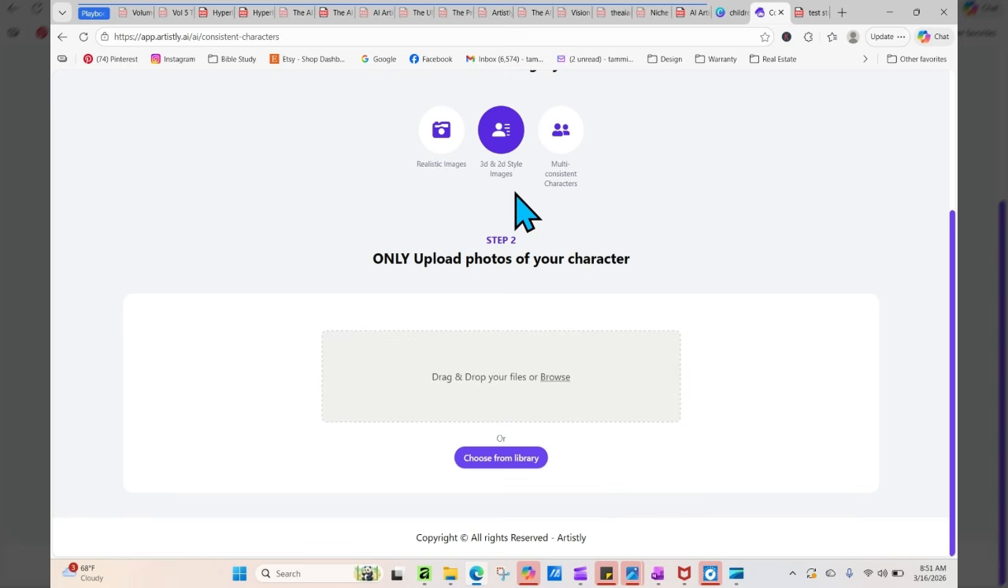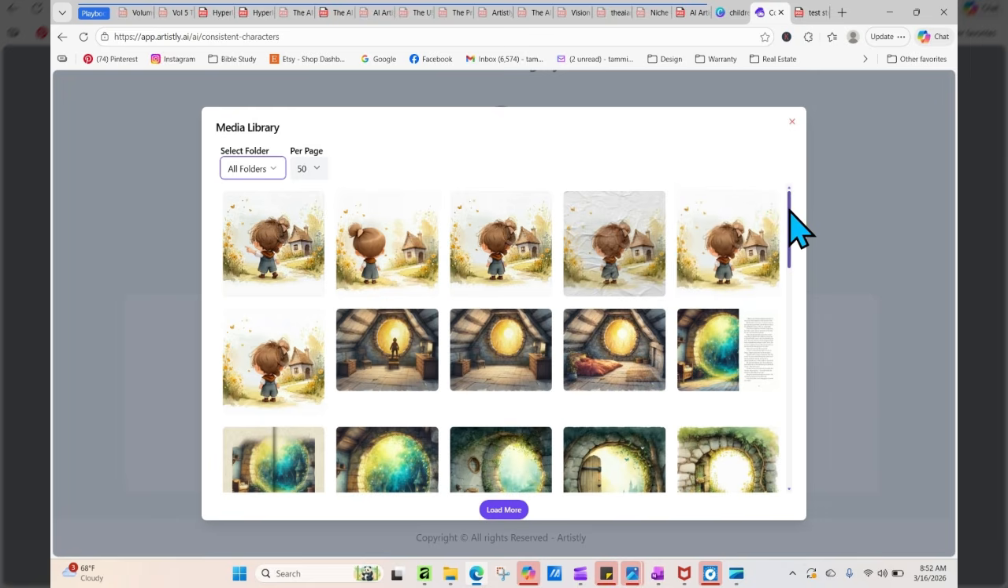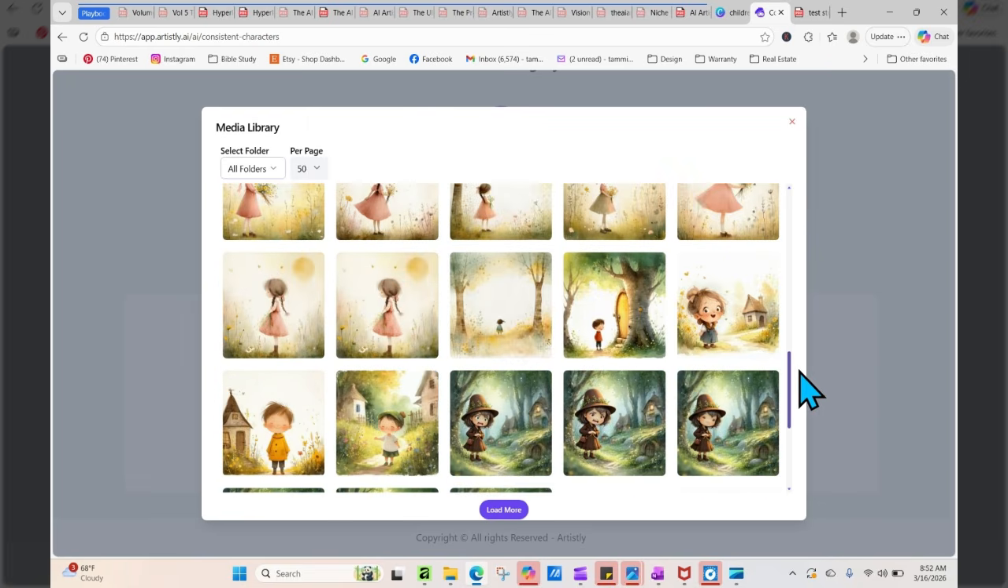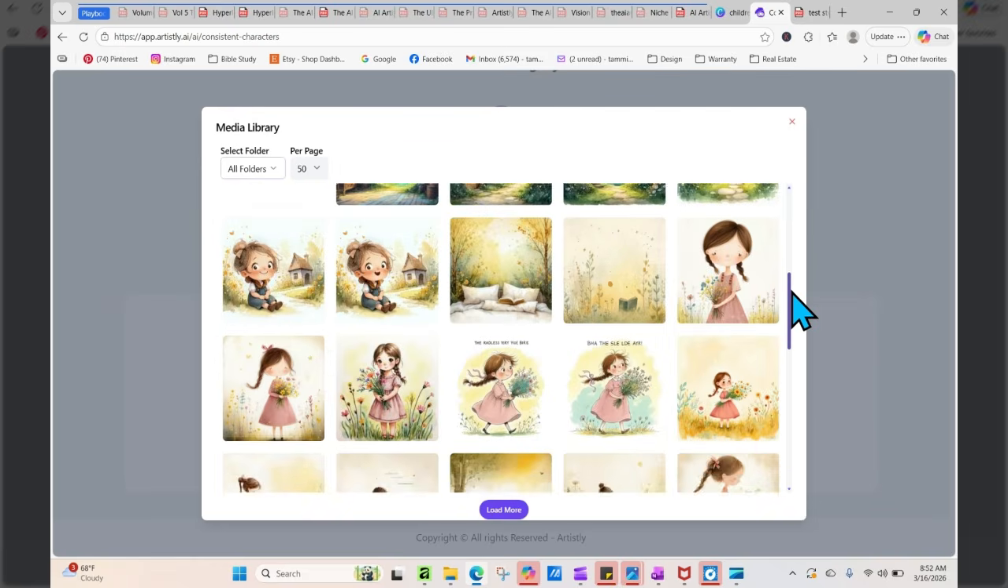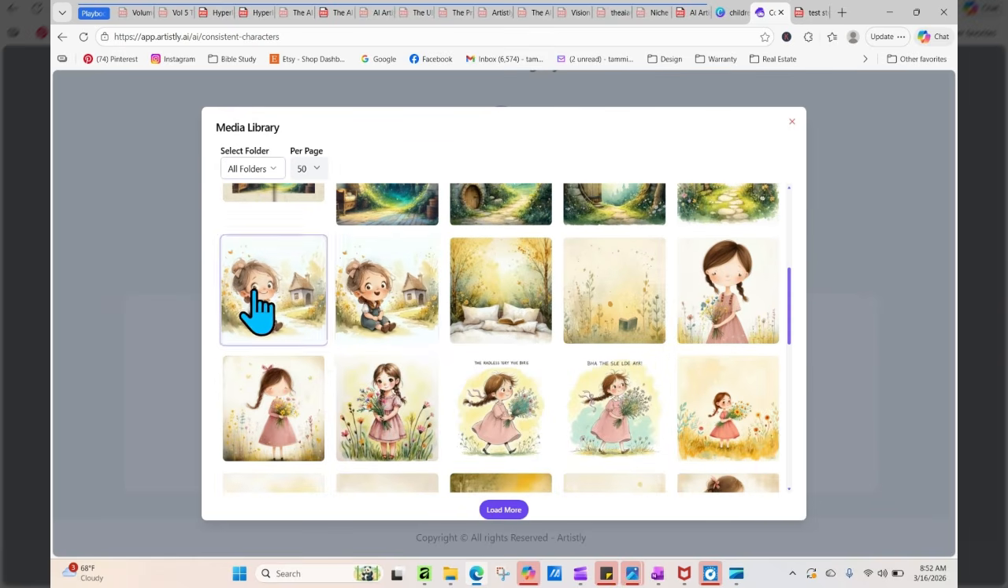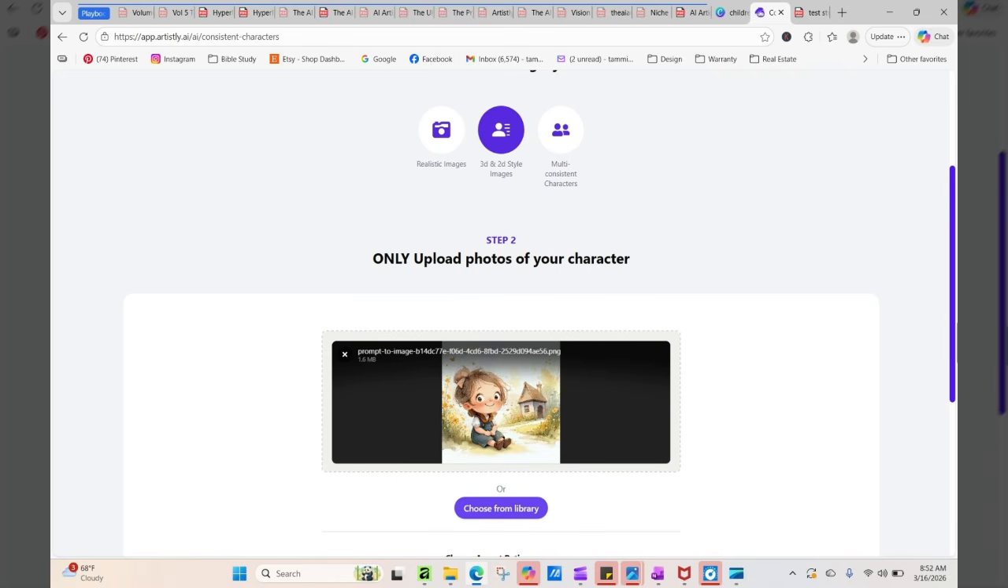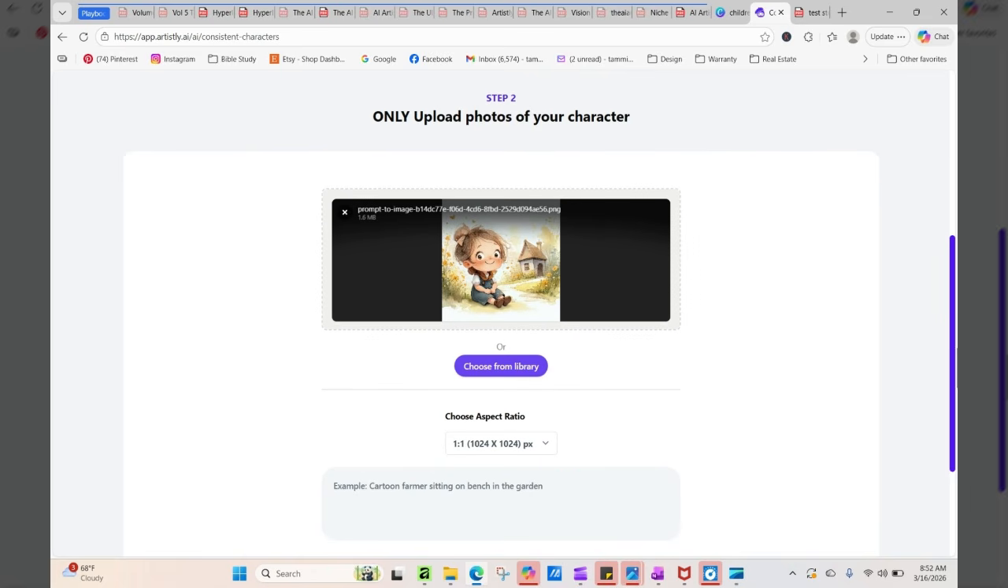And so what we're going to do is, in this consistent character feature, we're going to go to 3D and 2D images. We're going to choose the image that we want to change. So we're going to change this one, and we're going to change the expression. So we're going to basically tell it to leave the style the same and the character the same, except change the expression